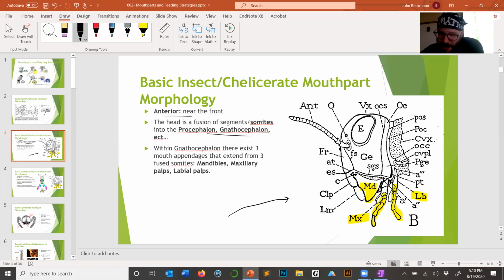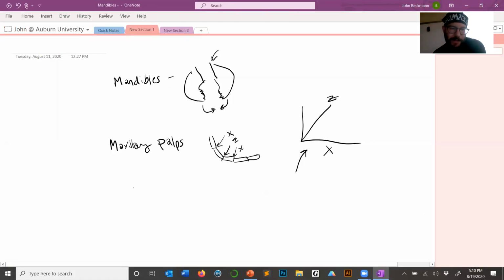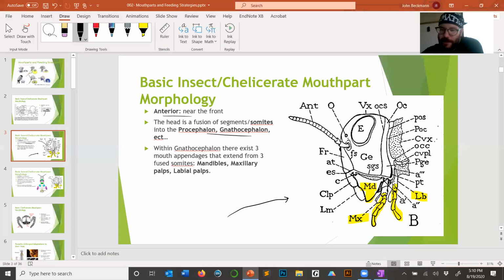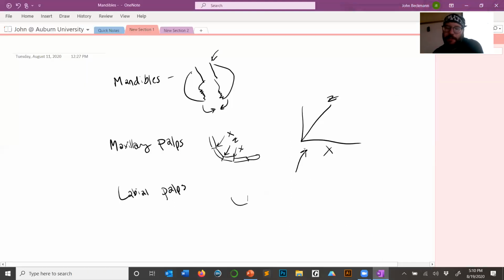And then there's this third pair, the labial palps. Again, it's just another set of face legs, if you look at them. Now, these are all differently evolved in the insects that bite you into specialized structures that bite you. So you'll see these pieces come up, the mandibles, maxillary palps, labial palps, but it's kind of like evolution of,